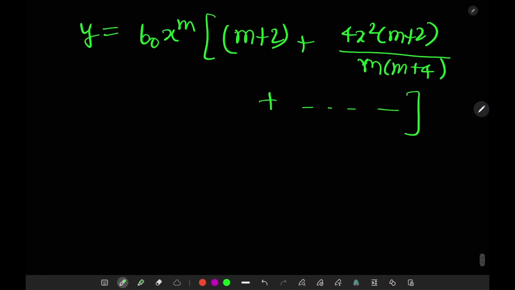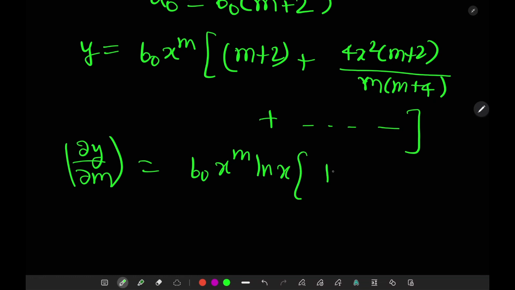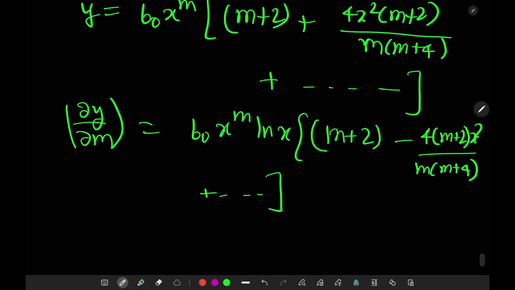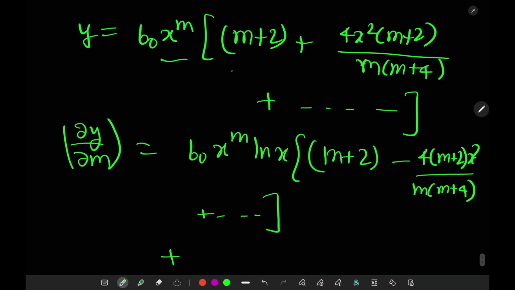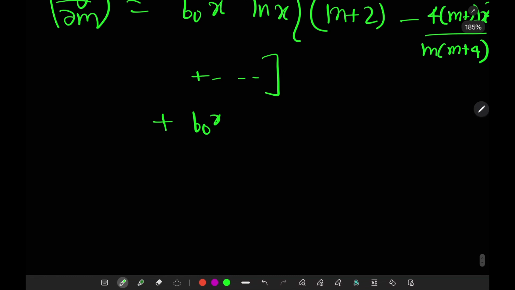Now taking their differentiation, we get this value, and now this is the first part. Now this is the second part of differentiation. So this will come this,